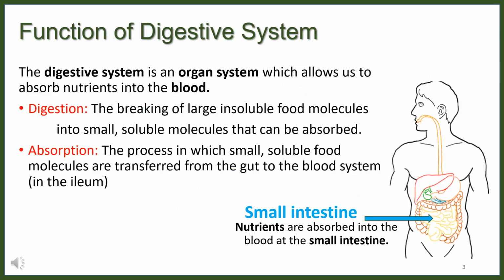So the first thing we're going to look at is the function of the digestive system. What does it do? There's a couple of different things that it does, but we're going to look at 2 specific functions. One is digestion, and that is the breaking of large insoluble food molecules into small soluble molecules that can be absorbed. That's your definition that you need to learn. And absorption then is the process in which small soluble food molecules are transferred from the gut into the blood